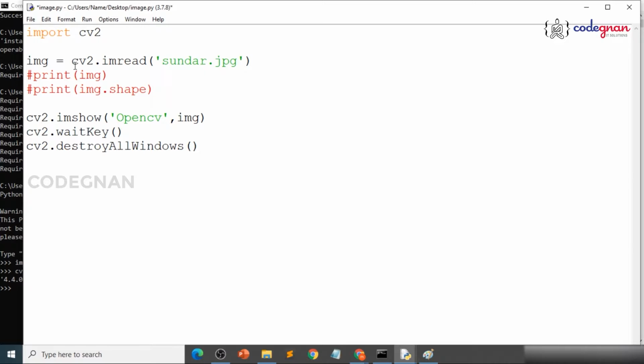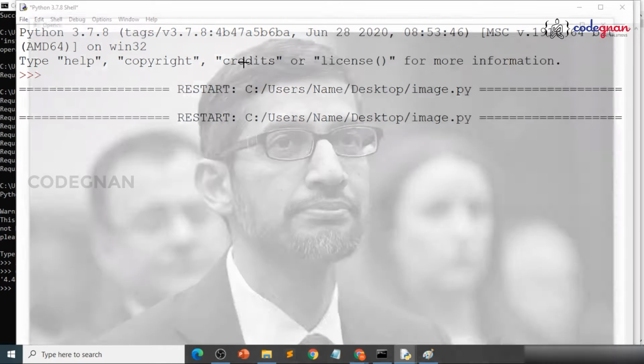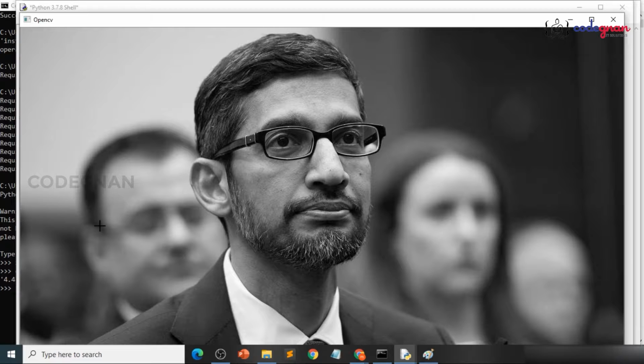So here, to convert this image into grayscale, we'll just write, while reading it, comma 0. Here 0 means we are reading it in grayscale mode. If I save this and run it, you will see that here we are getting this image